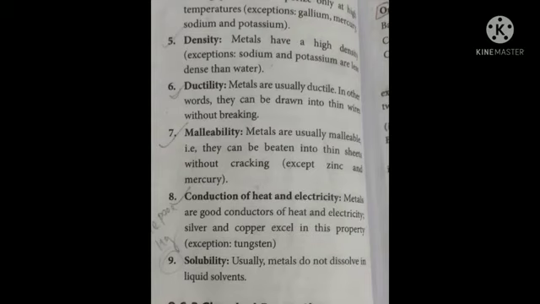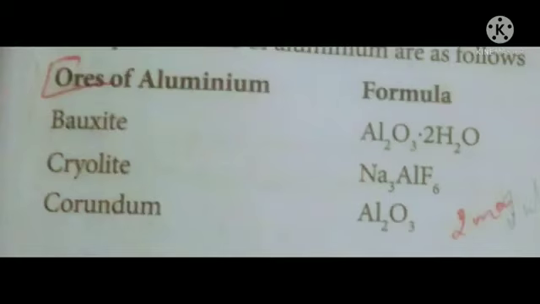Next, metallurgy. Coming to metallurgy, the extraction of aluminium is very important. It can be asked for a 7-mark question. First you should write the ores of aluminium: bauxite, Al2O3.2H2O; cryolite, Na3AlF6; and corundum, Al2O3. Many students are writing Ai, but the symbol for aluminium is Al. Most of you who submitted Saturday's homework wrote Ai.